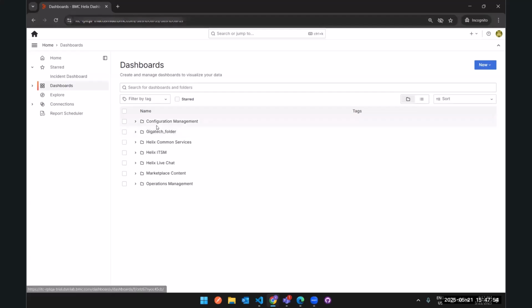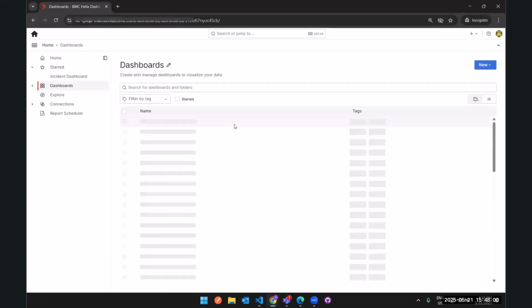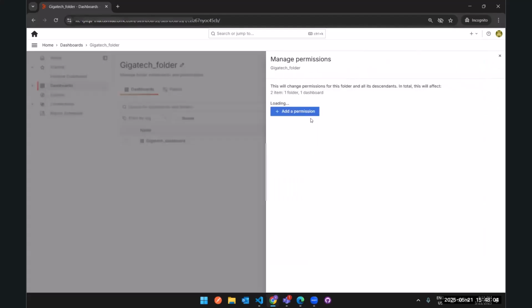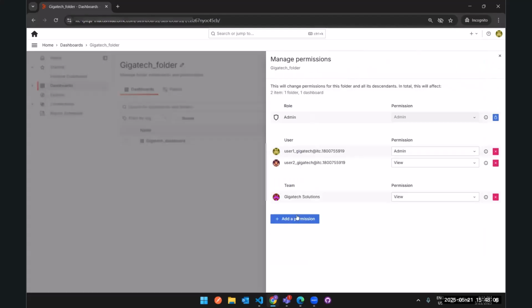But no more now. Say, for example, I have created this GigaTech folder with this user, and if I open this folder and try to add a permission, and try to add a user or a team, right? One more thing, with this ITSM MSP feature enabled, when giving a permission to the resources, be it folder, dashboard, or anything, you would not see the role